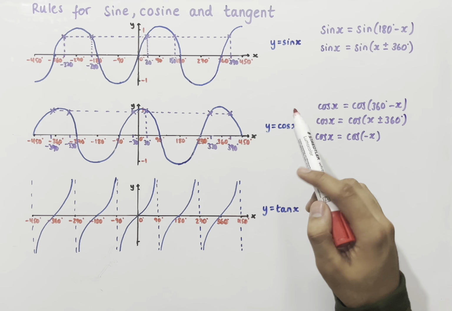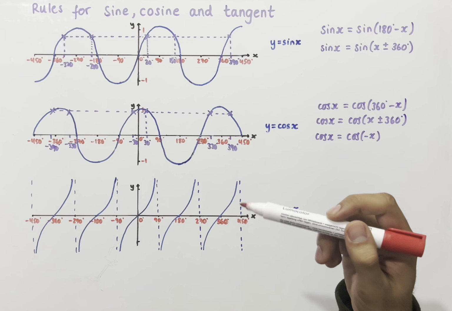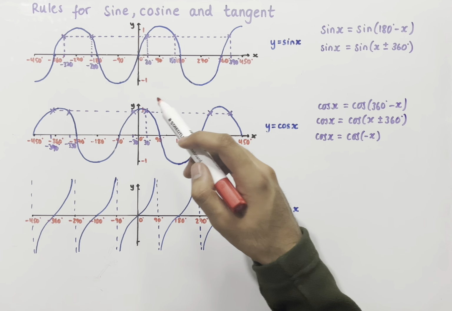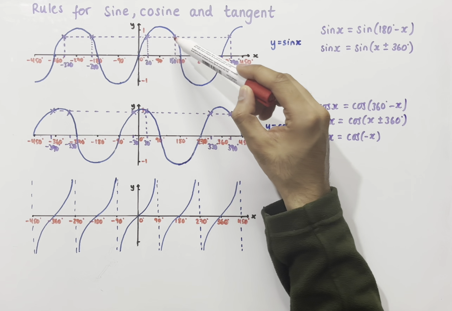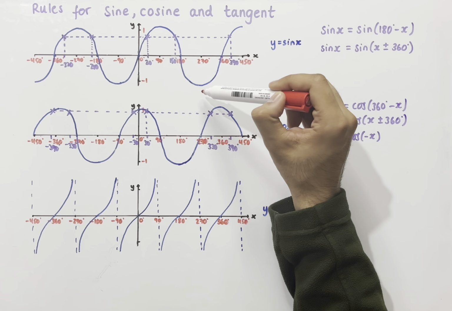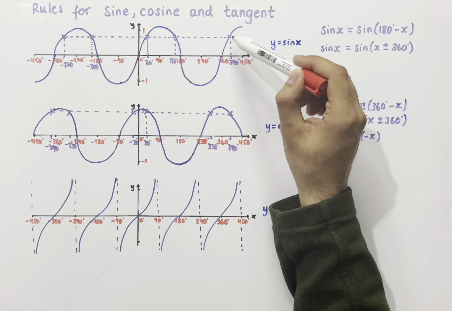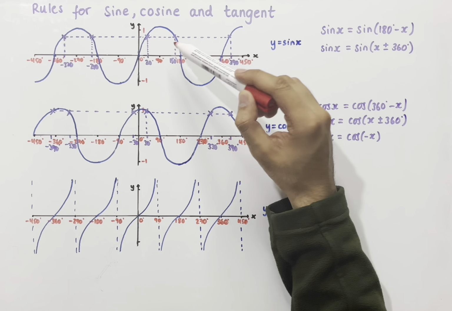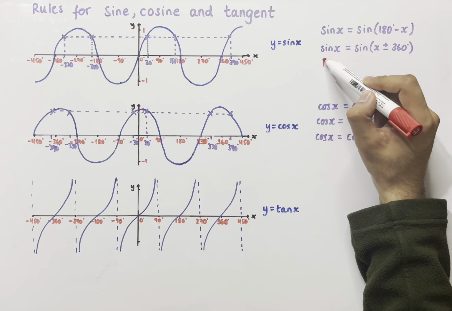Another rule to consider is the period of each of these graphs. So the period of a graph is the total length or the total angle required to complete one full cycle of the graph. So if we think about the sine graph, from 0 to 360, we've gone up once to 1 and we've gone down once to minus 1. After 360 degrees, we see that the graph repeats itself. So going up to 1 at 450 degrees, we've already done that between 0 and 90. And so the period of the sine graph is equal to